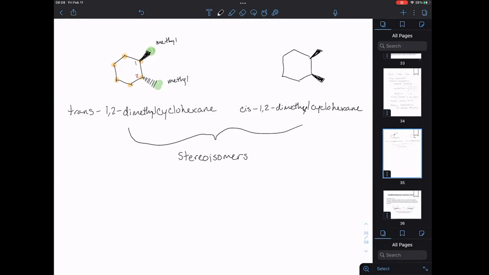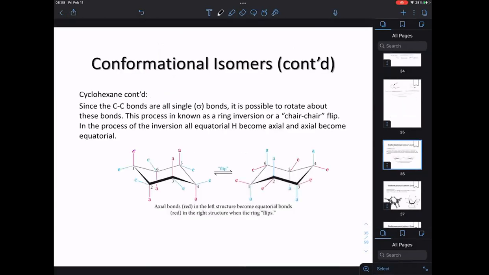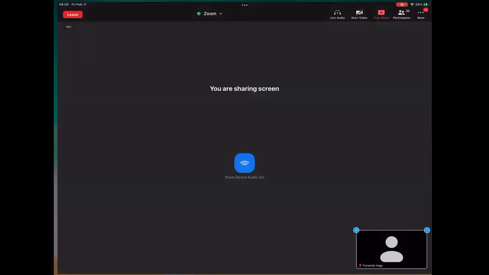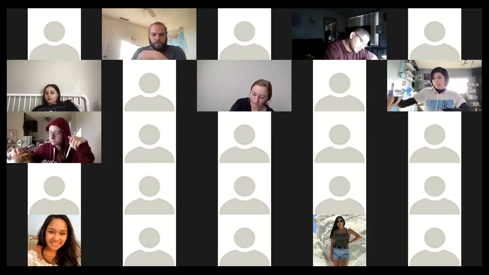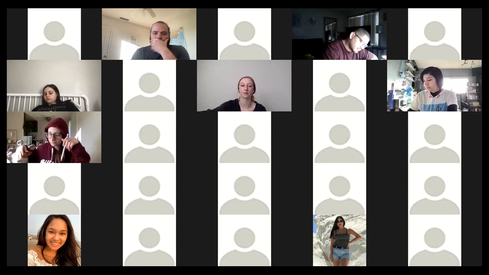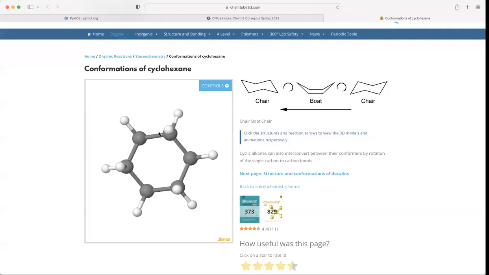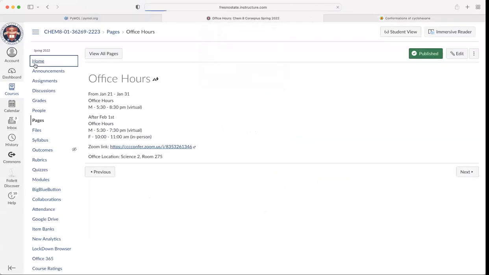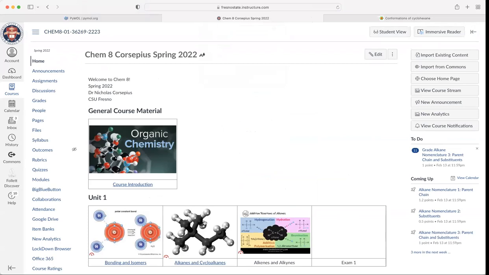Okay, so now we're going to work on marrying this idea of these bonds pointing in different directions with this conformation of cyclohexane here. Before I do that, let me just show you real quick. This website will let you see the conformation of cyclohexane more clearly. If we go home, we can use this button here, or if you're on the mobile version, you would go to modules,